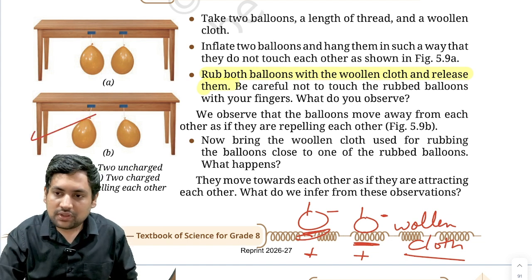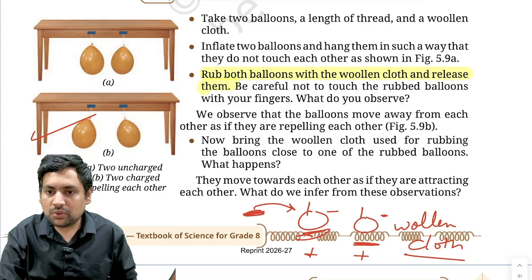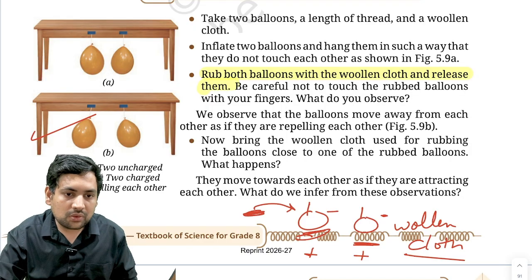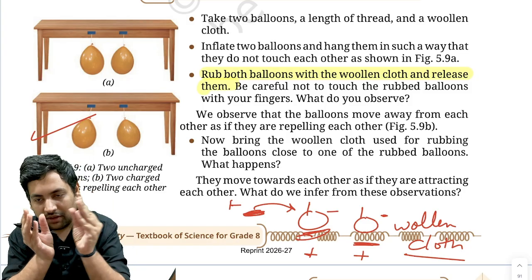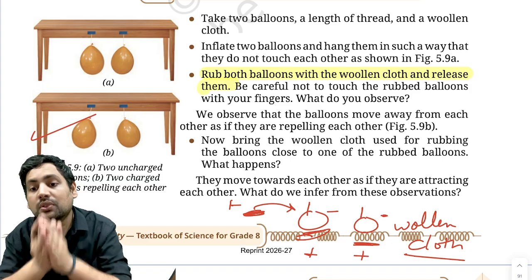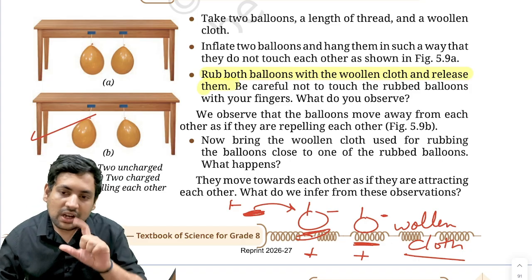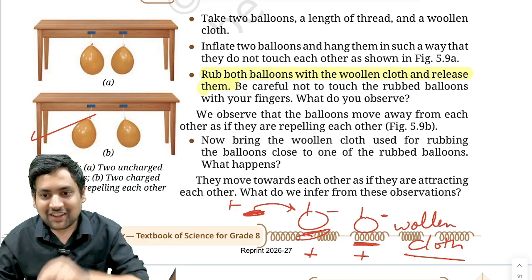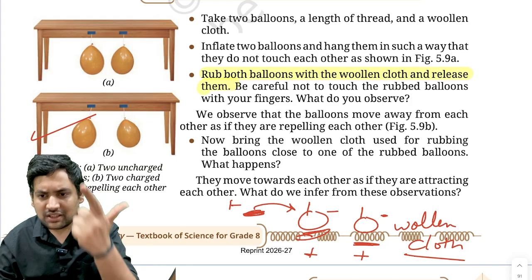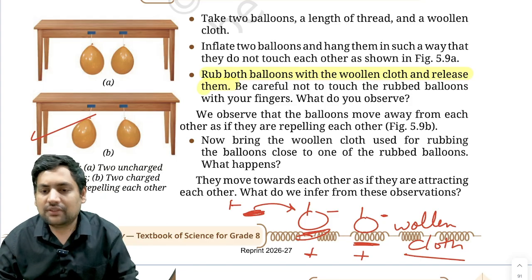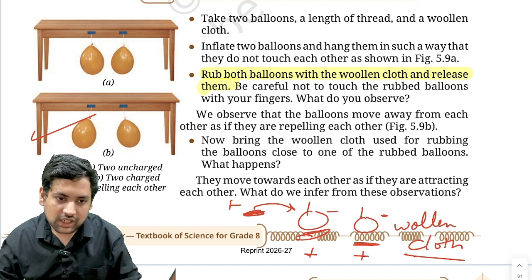But if I now move this woolen cloth close to this balloon, what will happen? Because this woolen cloth is positive and this is negative, they will attract each other and move closer to each other. So from this you understand that even in charged objects there are two kinds. One is positively charged, the other is negatively charged. Now that is just convention, which you call positive, which you call negative. Then